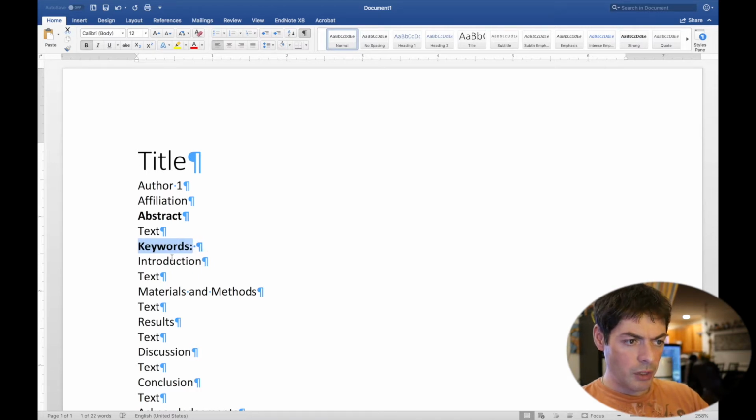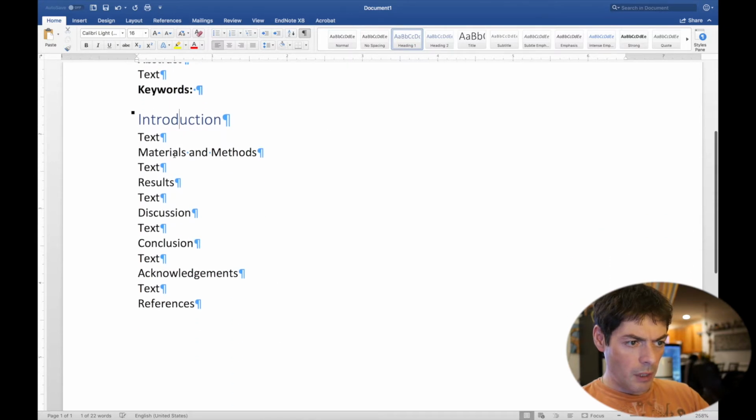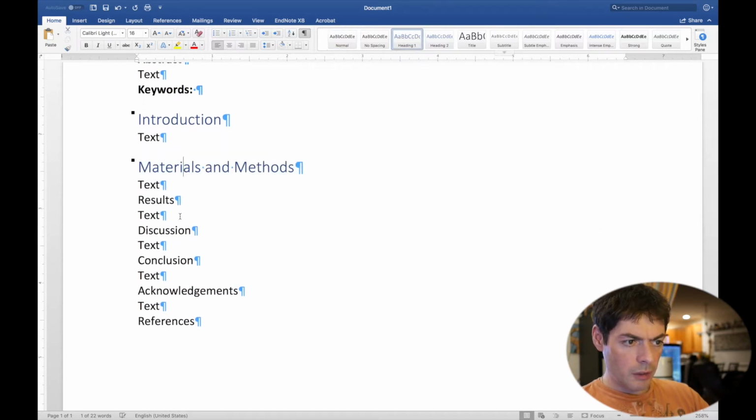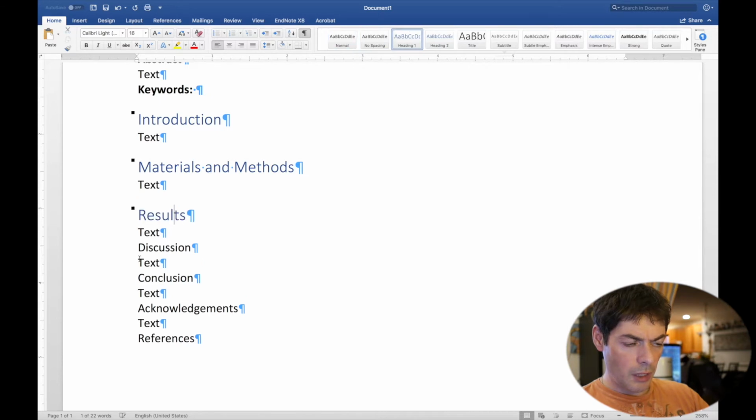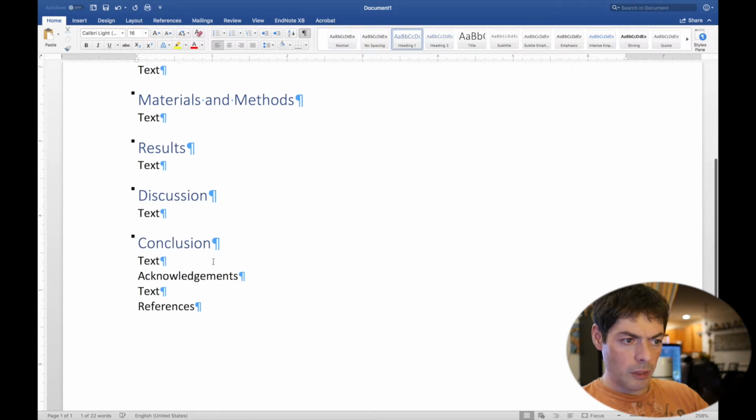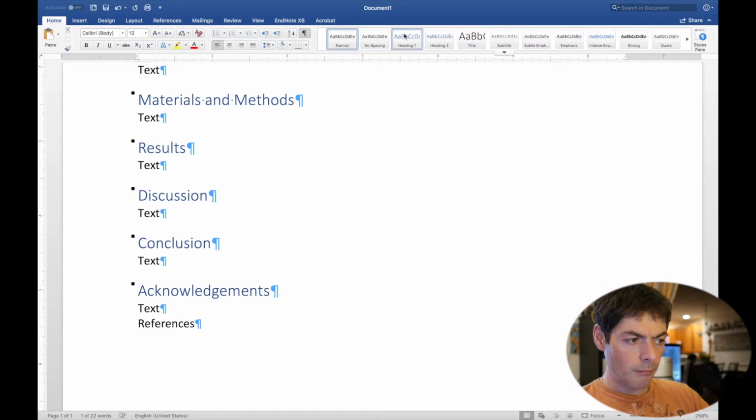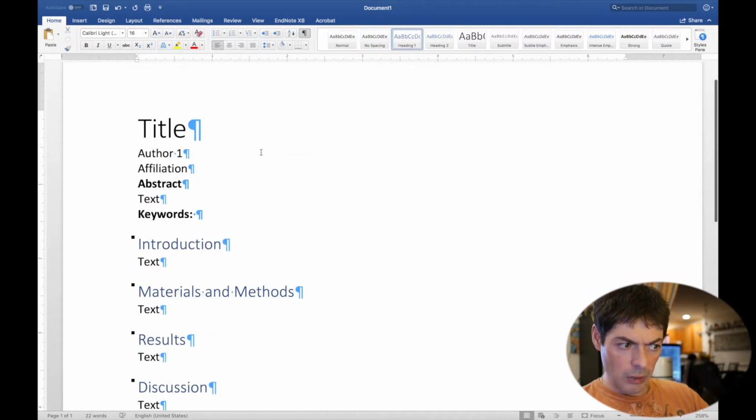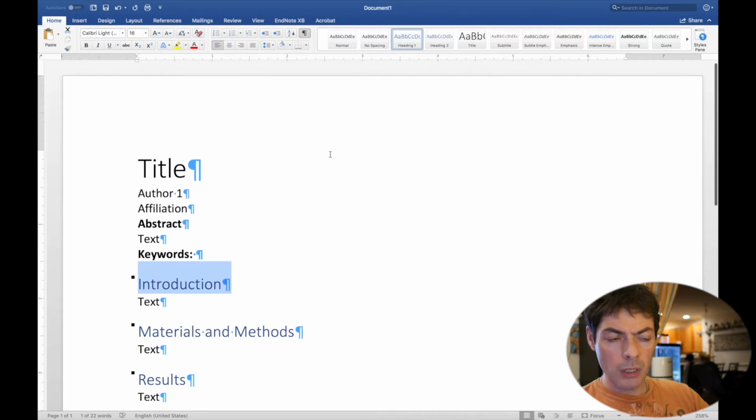Now introduction is heading 1. Materials and methods, heading 1. Results, heading 1. Discussion, heading 1. Conclusion, heading 1. Acknowledgements, heading 1. References, heading 1. Now most journals don't really like you to use blue, and most journals prefer Times New Roman